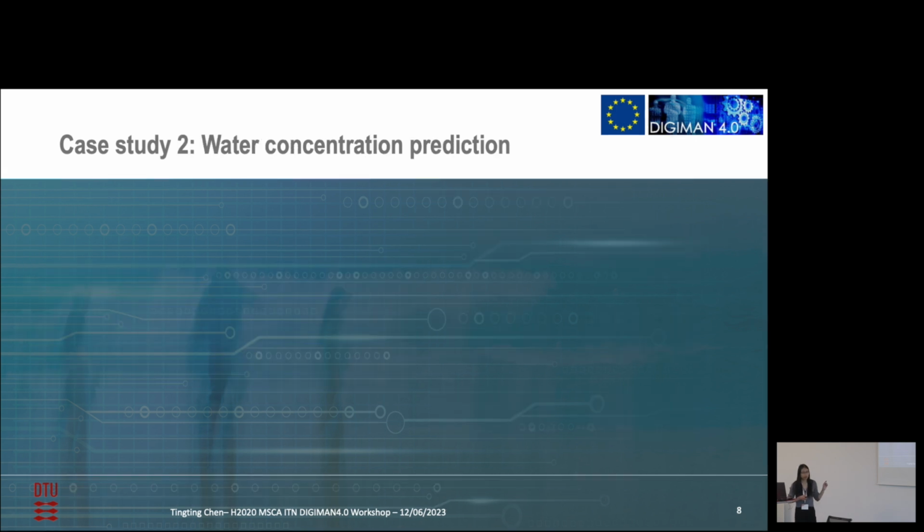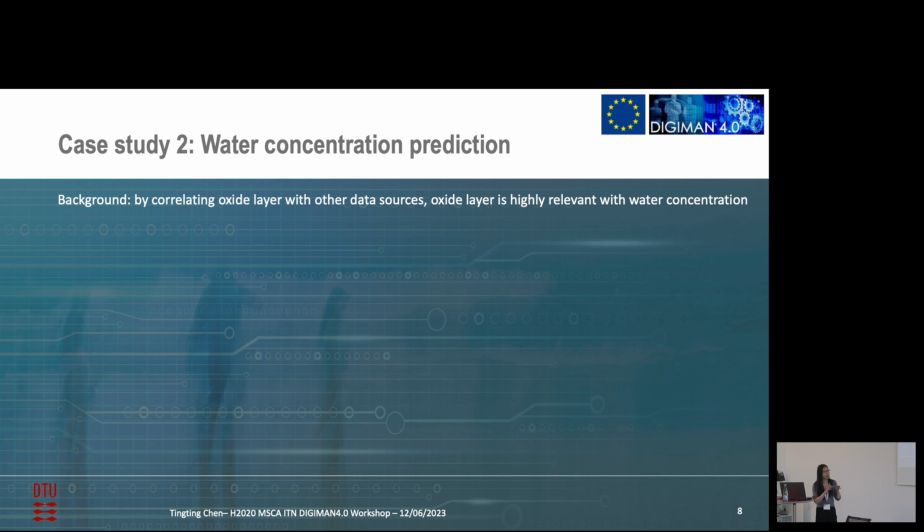And with this oxide layer detector, we can generate many tags from the production, and we can correlate the oxide types with other data sources, and we observe that the oxide layer is highly relevant to water concentration within the chamber. Of course, we can directly monitor the water concentration by using a moisture sensor, but the problem is that